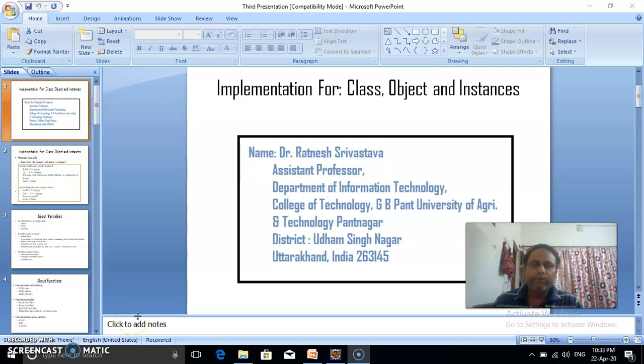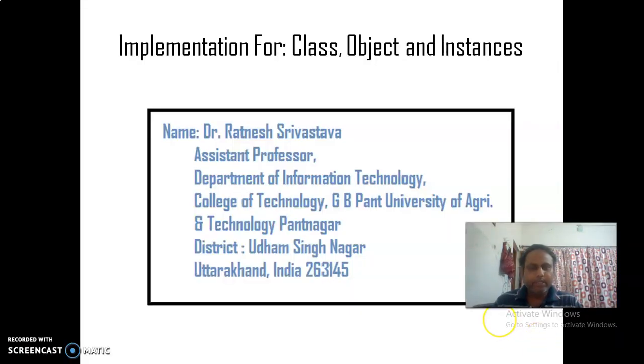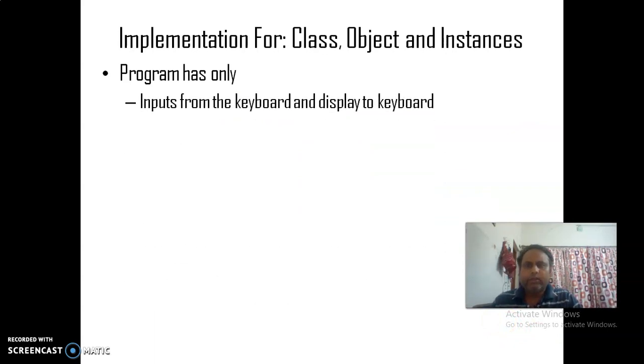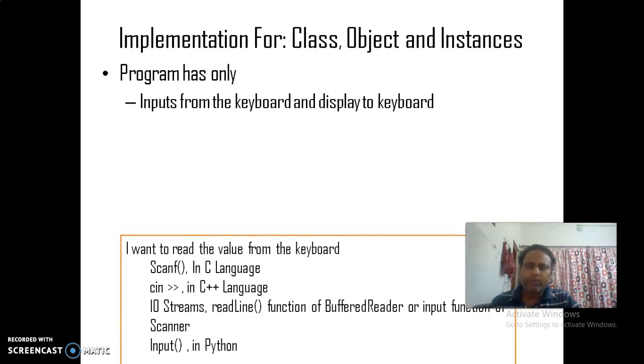Today we are going to discuss the implementation strategy for designing class, object and instances. Prior to discussing this, we have to know that a program takes inputs from the keyboard and displays output to the console.